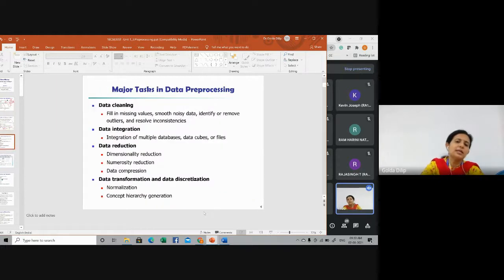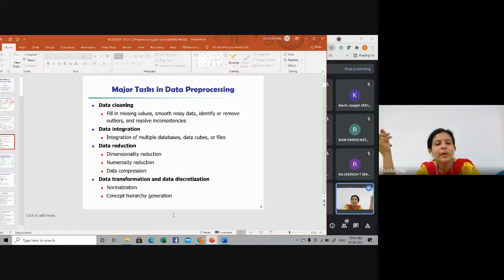These are the major tasks involved in data pre-processing. The first one is data cleaning. Cleaning means removing the noise, inconsistent data, missing values, irrelevant data, outliers, and duplicates, because we call real world data dirty data coming from heterogeneous data sources.